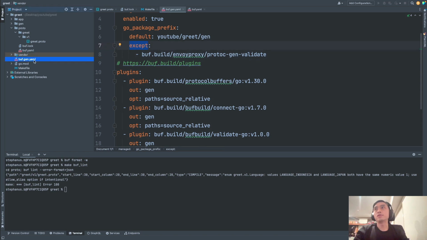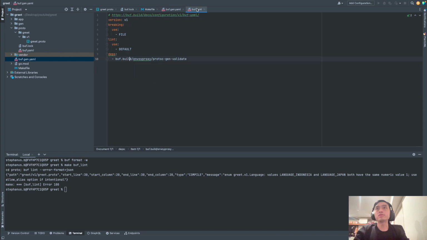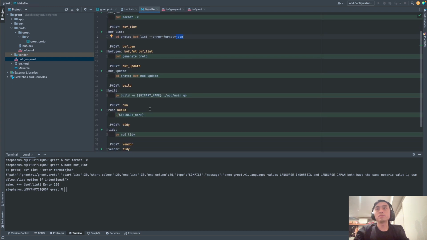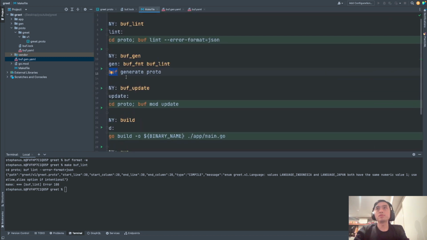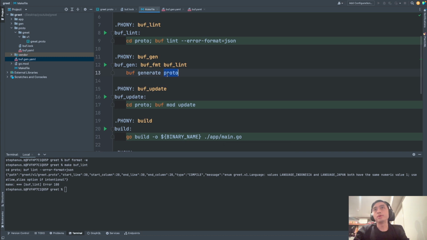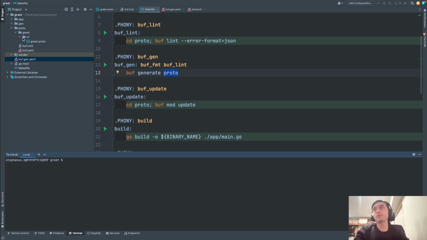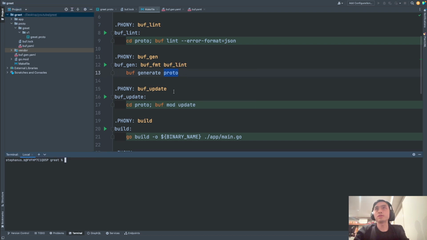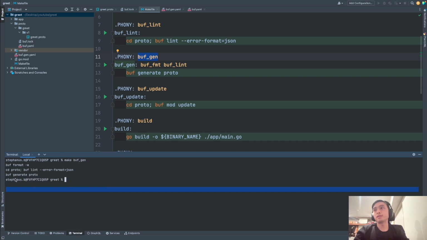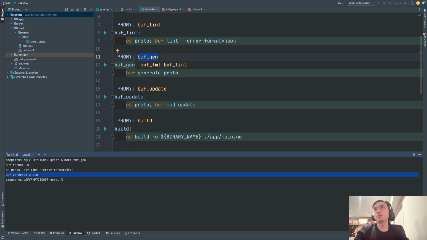So once you generate the Buf gen YAML, you can execute this. Buf generate proto, this one. This will generate proto files for you. So I will remove the gen directory right now and then execute this again. Make buf-gen. It will execute Buf generate proto, and if you see that, you will have three